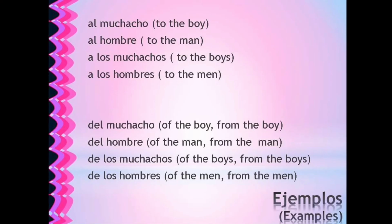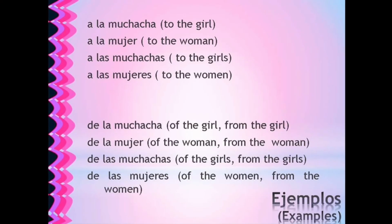to the men; del muchacho, of the boy, from the boy; del hombre, of the man, from the man; de los muchachos, of the boys, from the boys; de los hombres, of the men, from the men; a la muchacha, to the girl; a la mujer, to the woman; a las muchachas, to the girls; a las mujeres, to the